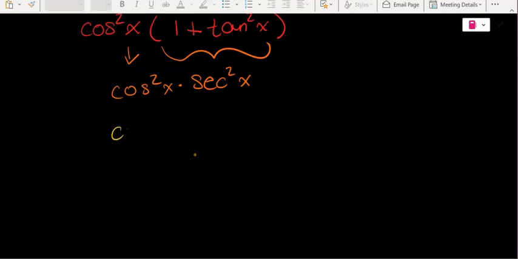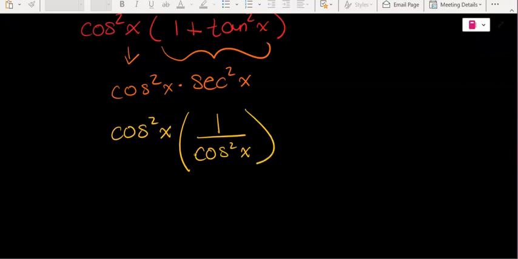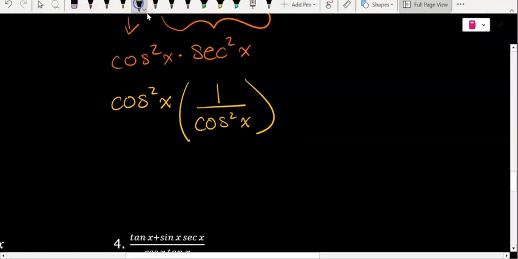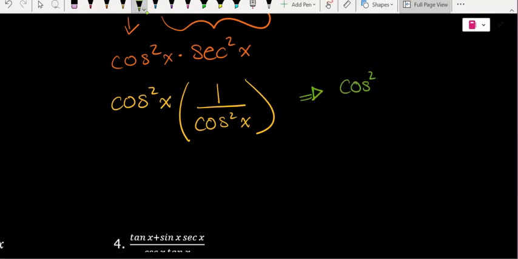So instead, what I'm going to do here is turn that secant squared into 1 over cosine squared, because that's my reciprocal identity of secant squared. And so now what I have is cosine squared times 1 divided by cosine squared. Well, hopefully we see it, but just in case we